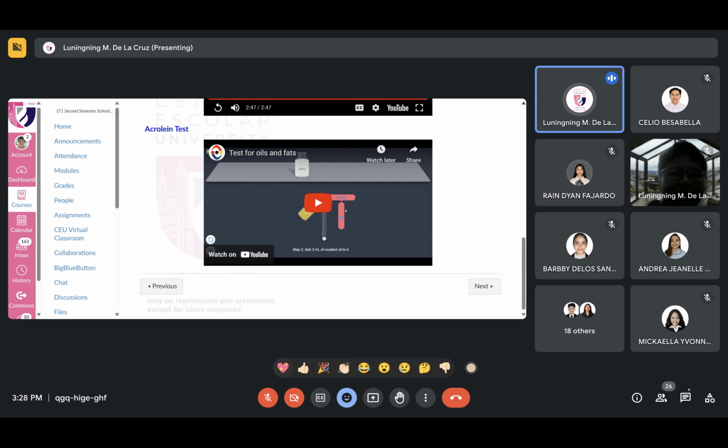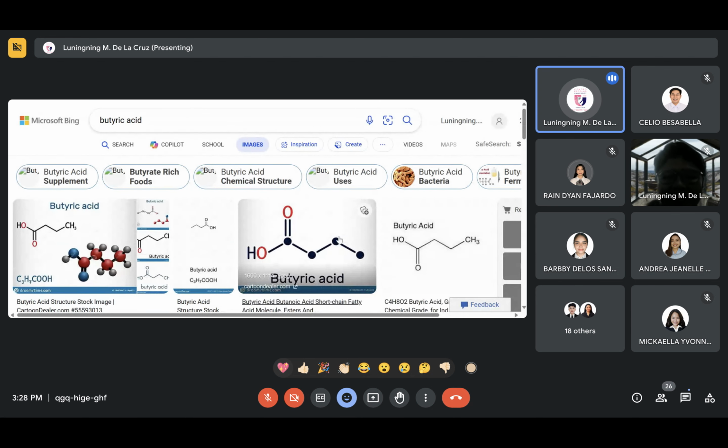Sige, baka hindi nyo na-remember. So, I'll just share this tab instead. There are three carbons attached to your carboxylic acid group. This one is the carboxylic acid group, and there are 1, 2, 3 carbon chain attached to that one. So it is a simple